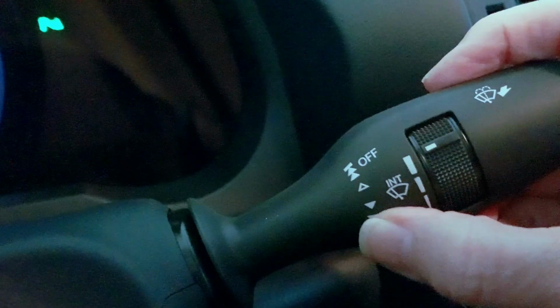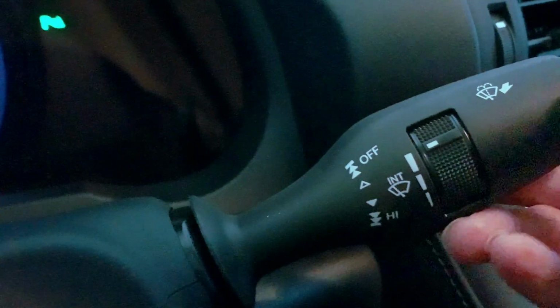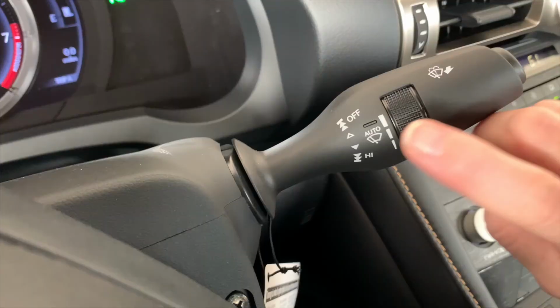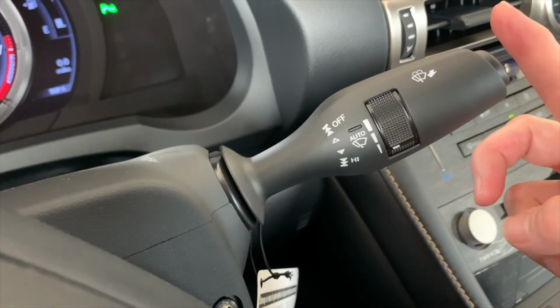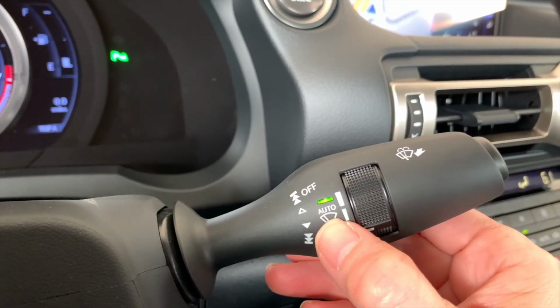Down 1 for intermittent, down again for low, down again for high. Up to return to low, up again to return to intermittent, up again for off. If your wiper stalk says auto, then you have automatic rain sensing windshield wipers. When you turn them on, you'll see a green light by the word auto